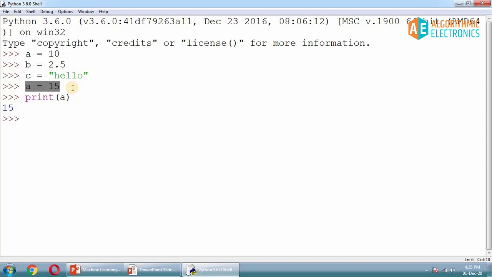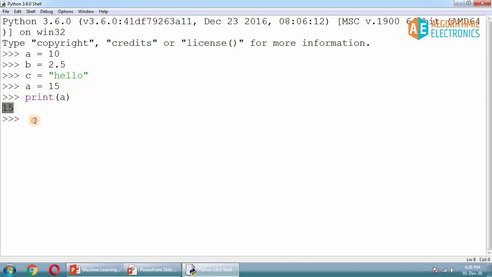If you have to understand this in terms of a container or a variable, when I declare a variable, a single memory location is reserved, and initially I have stored the value 10 in that memory location, and when I store 15 in that memory location, the previous value is lost, and now we have the new value inside that memory location.